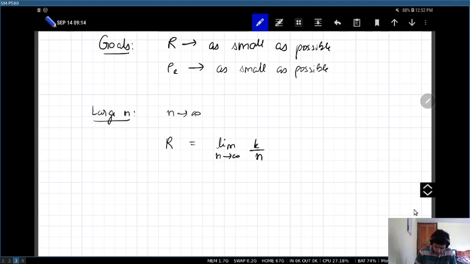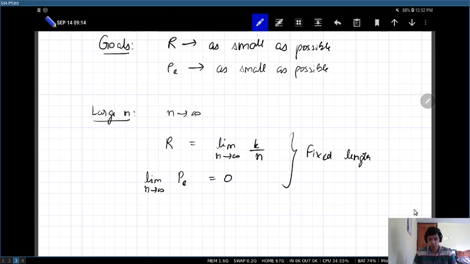But at the same time, we also want the limit as n tends to infinity of the probability of error to be equal to 0. So for large n, we want the probability of error to be vanishingly small, but at the same time we want to minimize k over n as much as possible, right? So this will be the setup for fixed length source coding. But for variable length source coding, we'll indeed look at very small n and find out what the fundamental limits are,